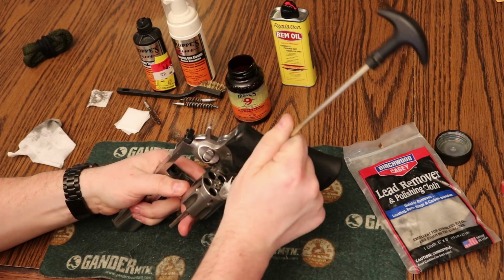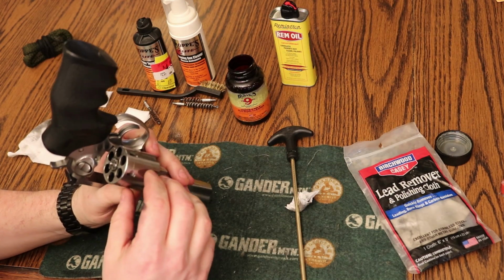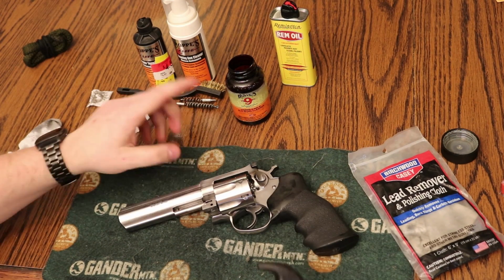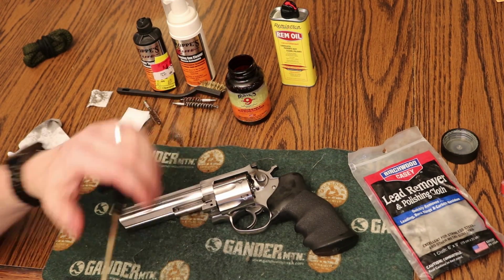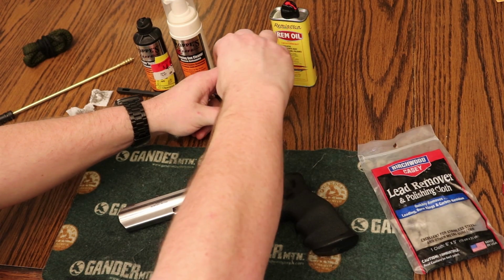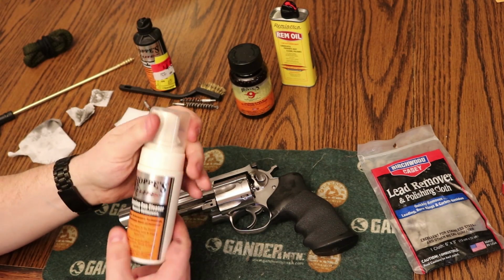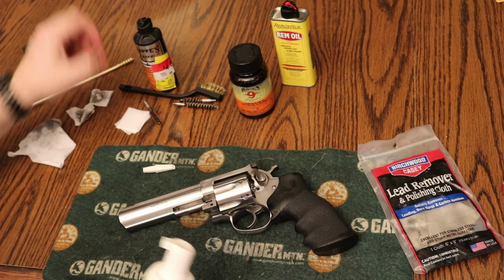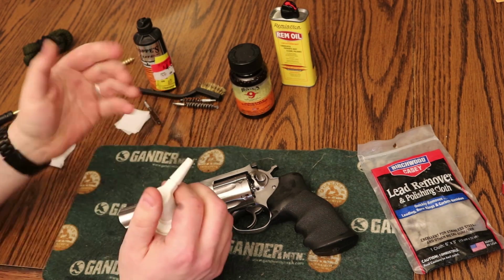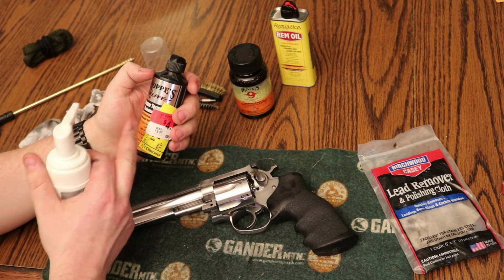So I'll just go through and run my patch through everything. Now it's looking a lot better, but there's still some burn rings and some stuff in there. Now I could keep going with the regular solvent here, but after 1 or 2 runs with regular solvent, and to save time we'll speed it up a little, I like to switch to a foaming cleaner, or if a gun's really dirty, I like a foaming cleaner, just because it sits in the barrel. Another option, if you're shooting a lot of copper jacket, like I said, something like a copper Terminator,